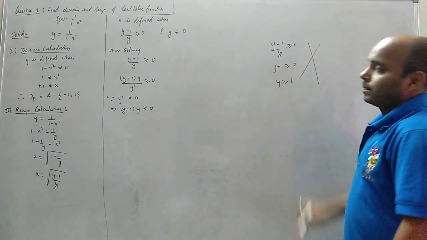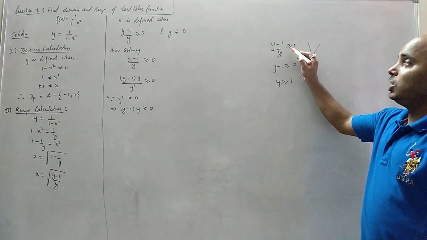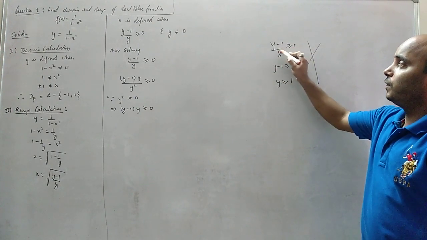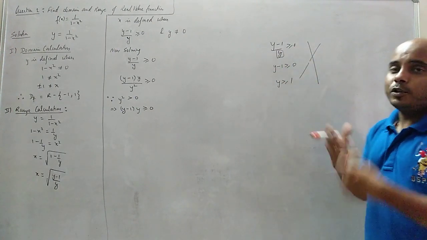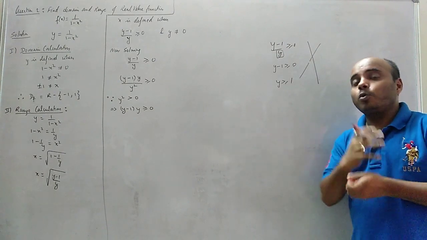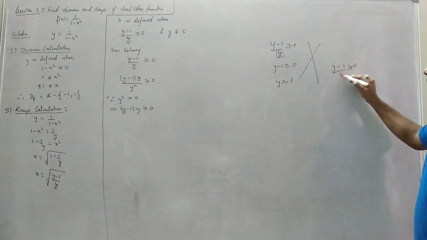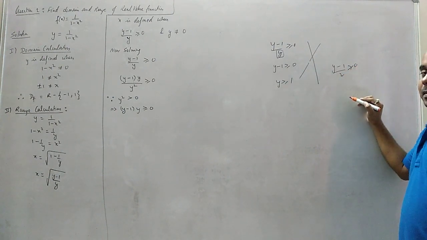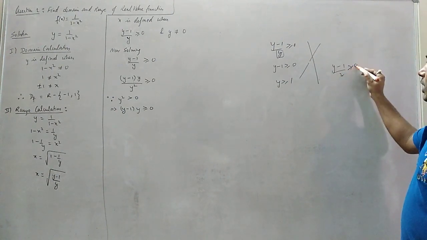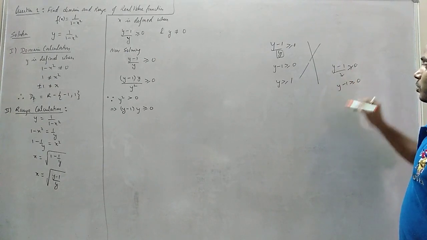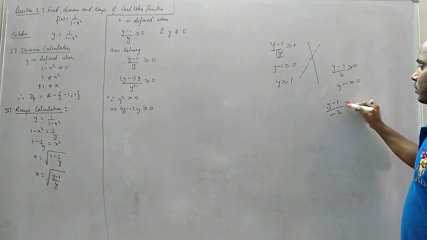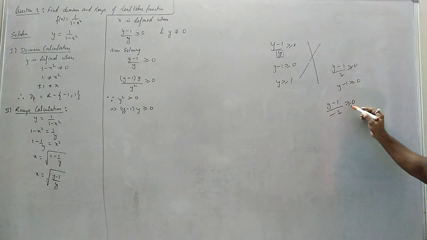This is wrong, because with inequalities we cannot shift the variables. We don't know the y value. That means it is a variable. Yes, if it was 2, 2 is a constant, so we can shift 2 to that side. So y minus 1 greater than or equal to 0. If you have minus 2, then what will happen? When the minus 2 shifts, the inequality will reverse.